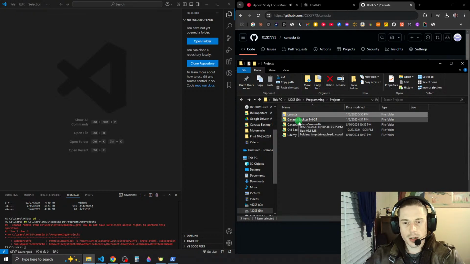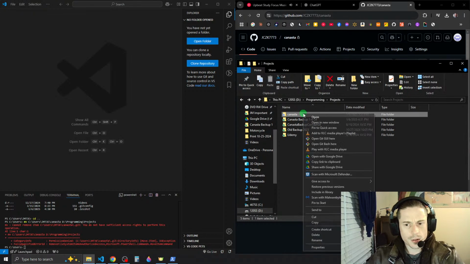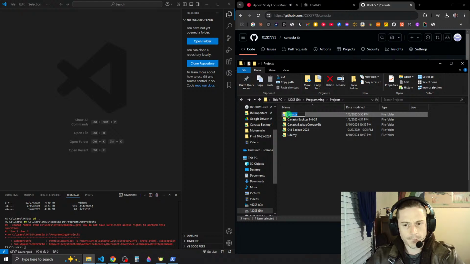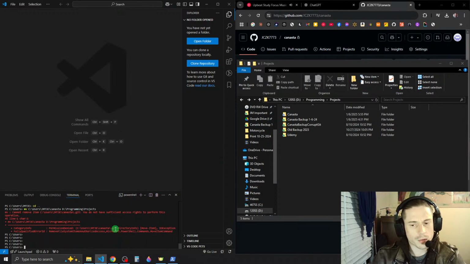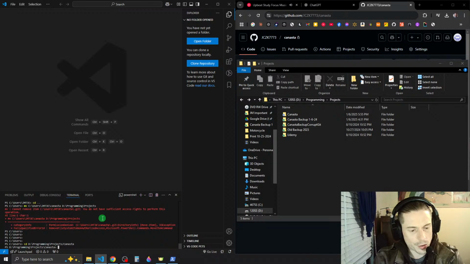This is it. We did it, right? I feel like I did this correctly, but I might be wrong here. So let's try to move to deprogramming projects Canasta. Okay, so this is our root directory, right? And then git branch.